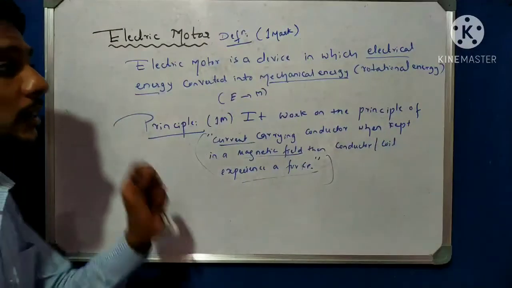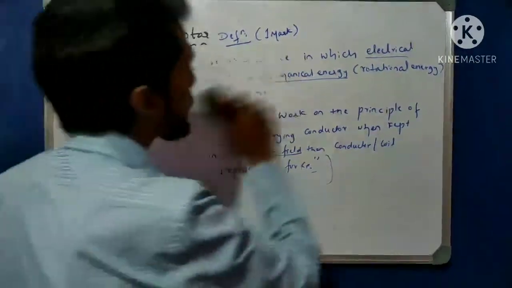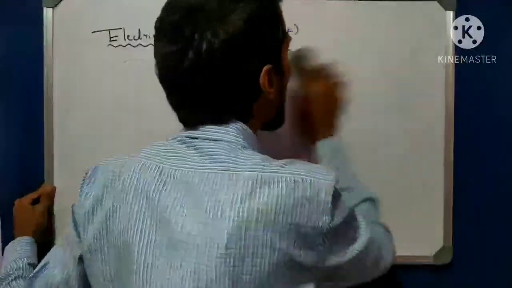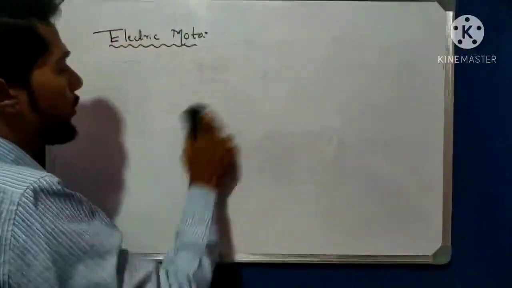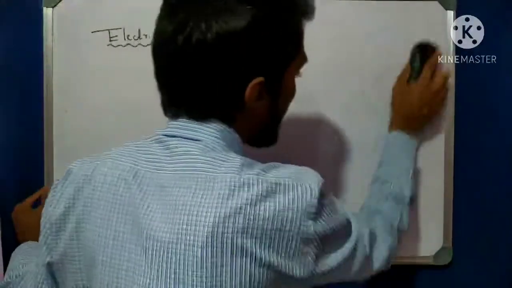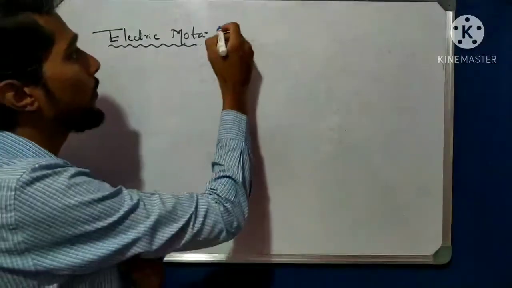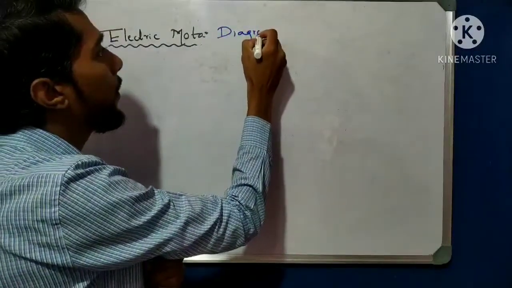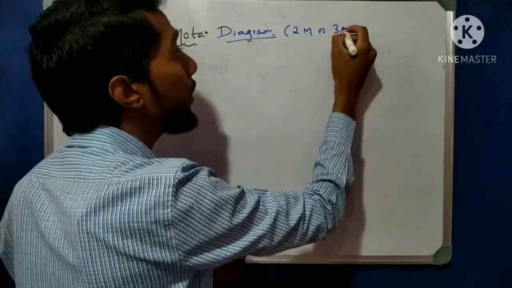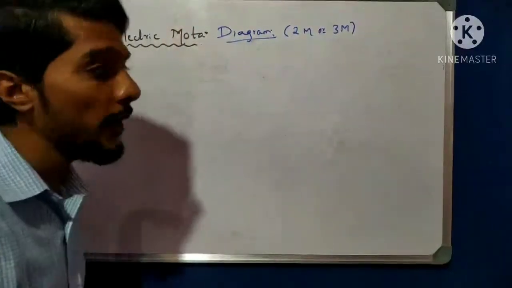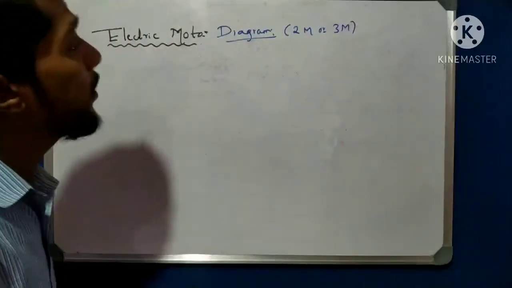So now come to another very important point, the diagram. Right? So I can remove this one now. Now come to the diagram. It can be 2D or 3D, so in either type you can draw in the examination. You get full marks. It is about 2 to 3 marks. Sometimes it is 2, and depending on the paper setter, sometimes it is 3 marks. But it is the diagram of the electric motor.